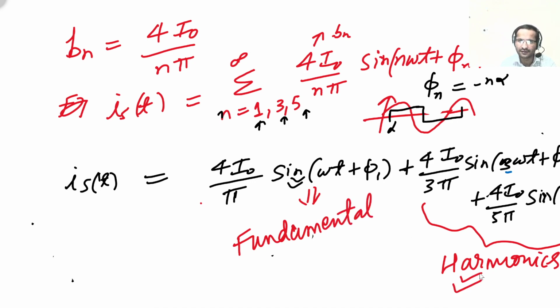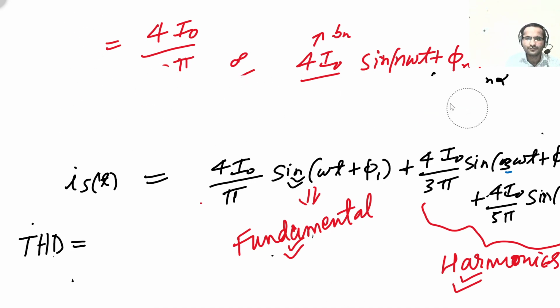These are unwanted currents that will cause overheating of the other loads connected to the AC side, and if it is a three-phase supply, it will produce pulsating torque in the induction motor. So the life of the induction motor reduces when these harmonics enter it. Only the fundamental is useful. So now we define one term which gives the percentage of harmonics in terms of the fundamental. That term is called total harmonic distortion, THD. Total harmonic distortion,